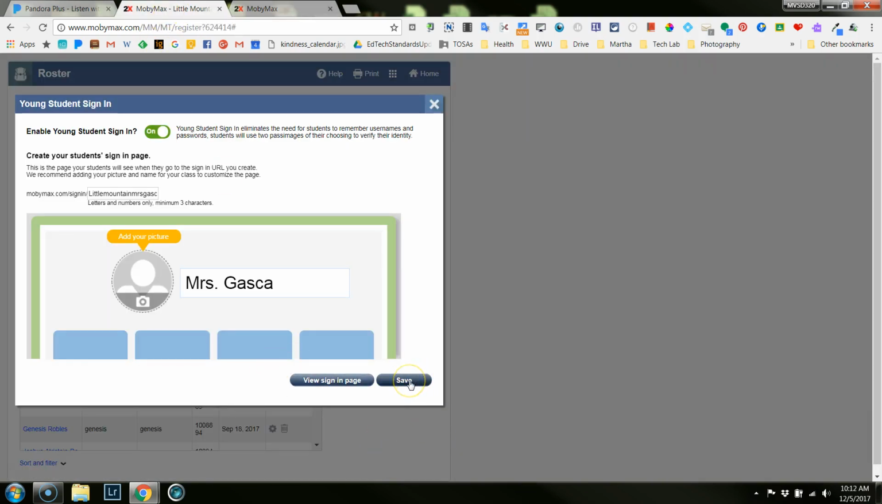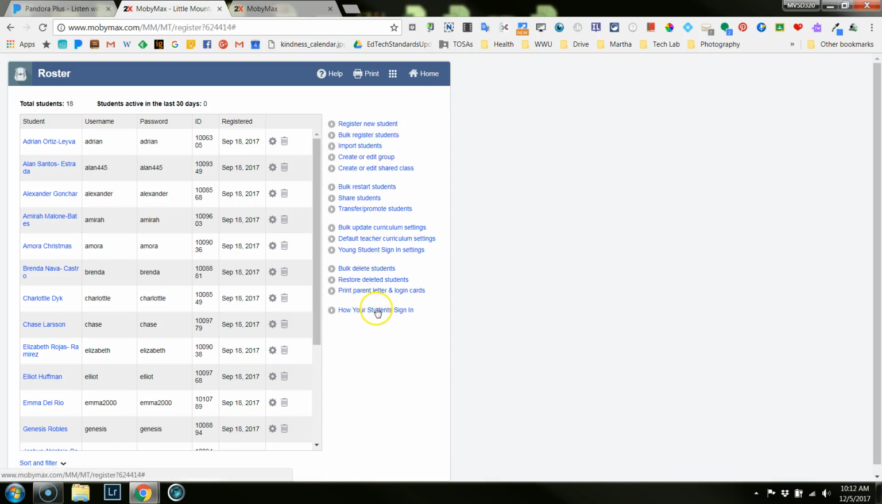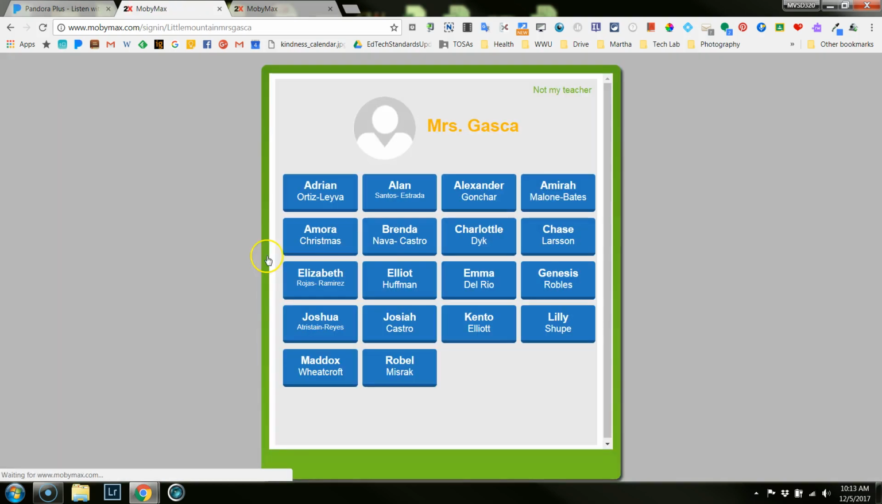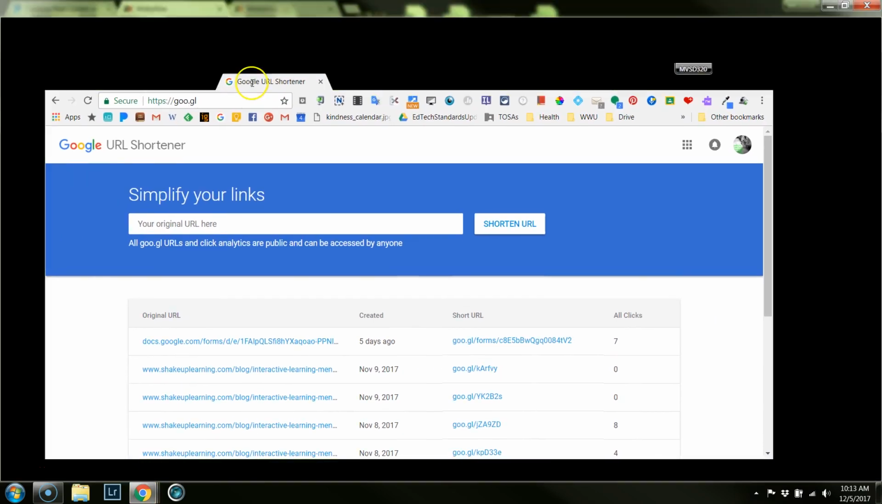Okay, so I'm going to click Save. Holly's already done that. Awesomeness. Okay, so now what I want to do is I'm going to grab that URL right here. Okay, so I grabbed that URL, and now I'm going to go to a QR code generator,